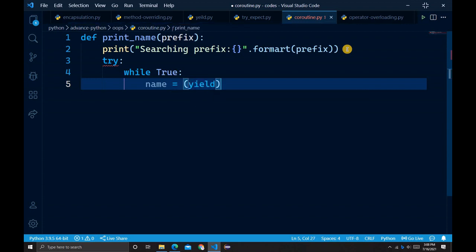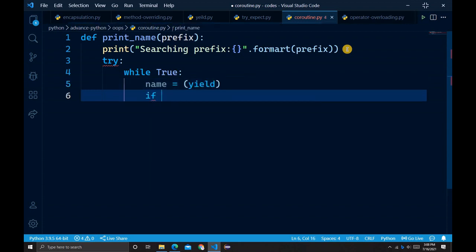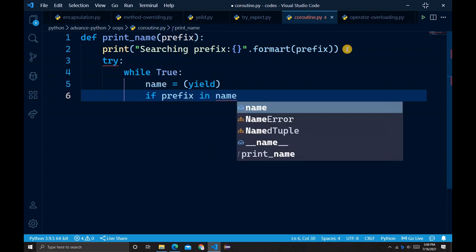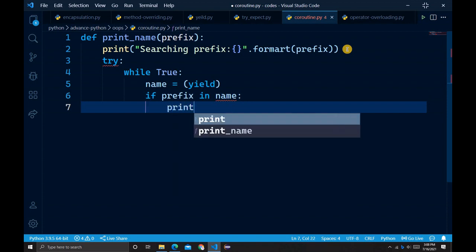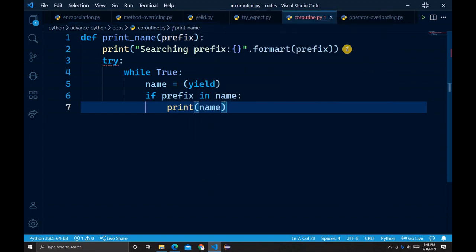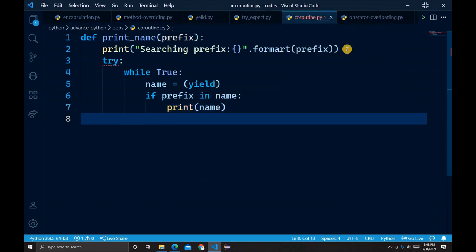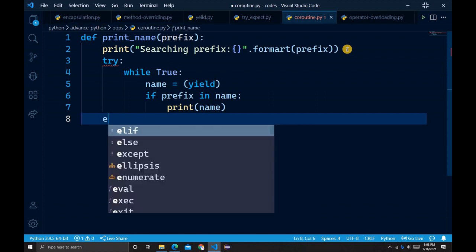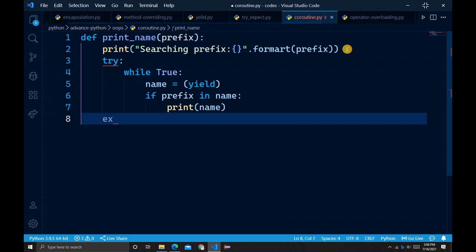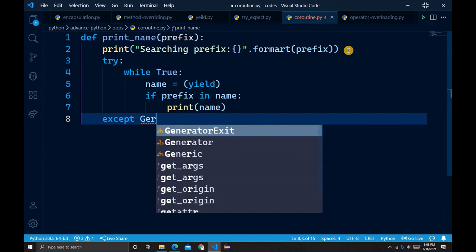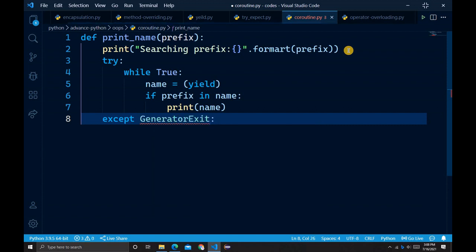And then guys, you have to type an if statement: if prefix in name, and then we have to type print name. And after that, we have to type except GeneratorExit.